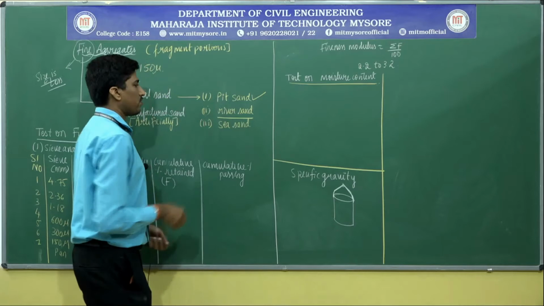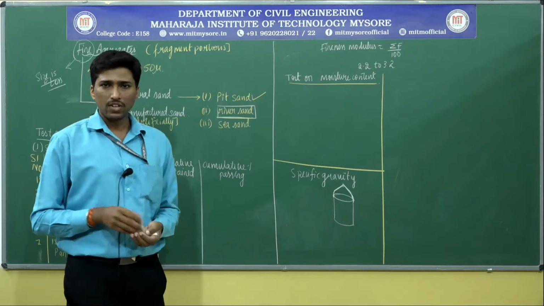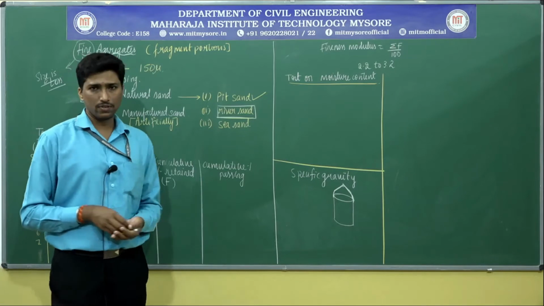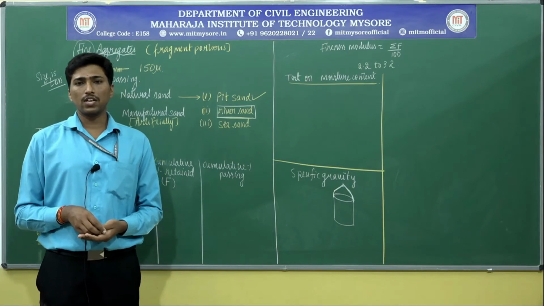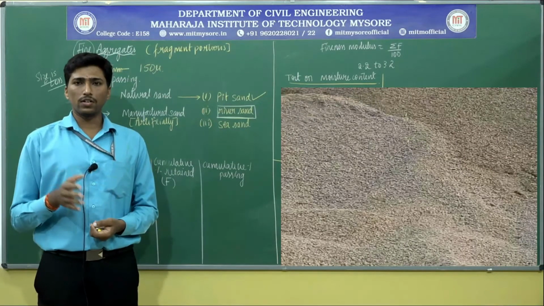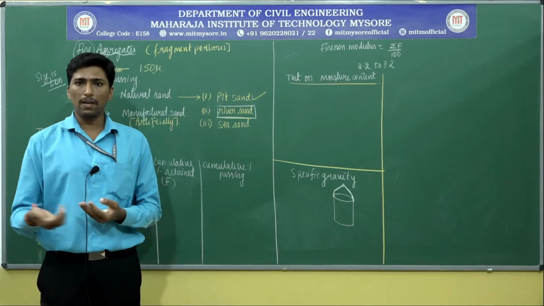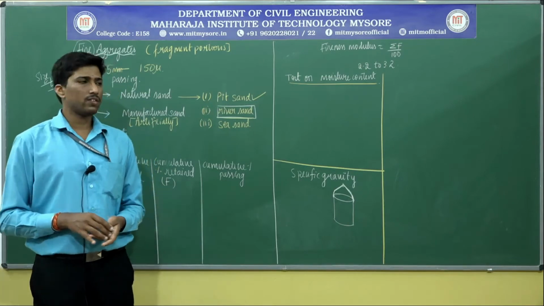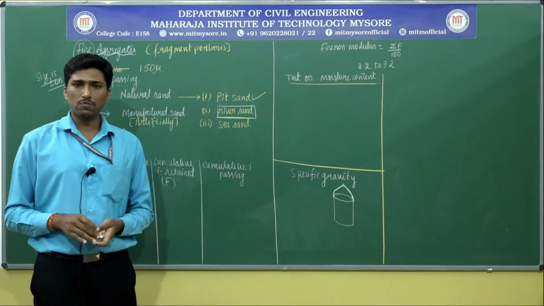Next thing, river sand. In the case of river sand, normally the sand is deposited along the banks of the river basin, and we call it river sand. How has it been deposited? Due to the meandering of the rivers, sedimentary deposition has taken place upon the flow of the water. By the weathering of rock, the disintegrated products are carried and deposited along the banks of the river. That kind of sand we call river sand. It is also utilized for construction purposes.